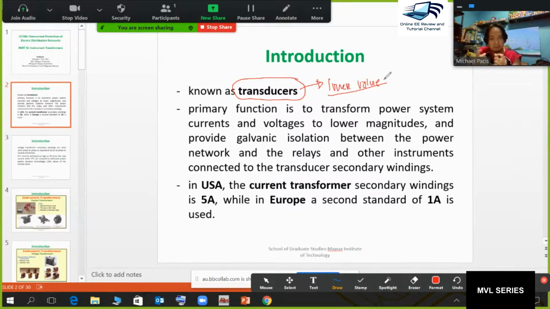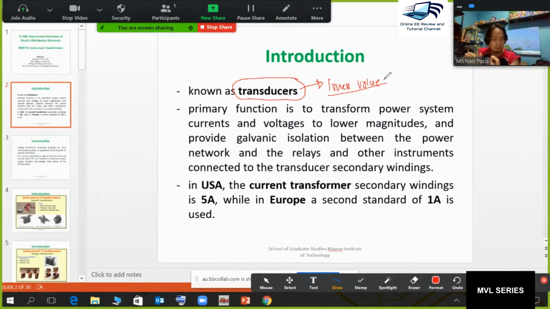If you have a transducer, you convert this higher voltage or higher current to a lower value. That's the main reason for transducers, right? So that if you need 5 amperes or 100 amperes at the secondary side, it can be done by this transformer. So the primary function of your instrument transformer is to provide lower values of your voltage and current in terms of magnitude, of course,